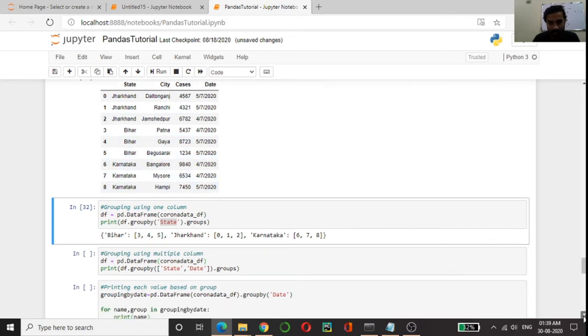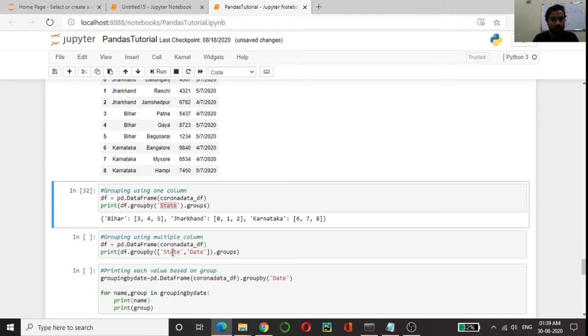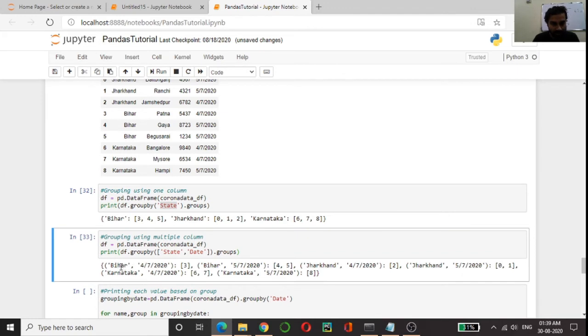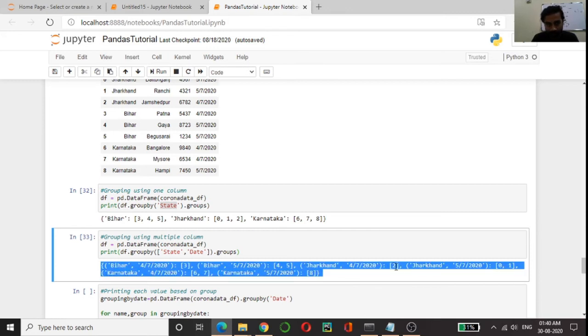And suppose we are doing a group by on state and date, then distinct state with distinct date would be grouped together. When I run this, you can see that, as I told already, Jharkhand is having entries on two dates. So Jharkhand with 4/7 is one group, and the respective value is on index 2.